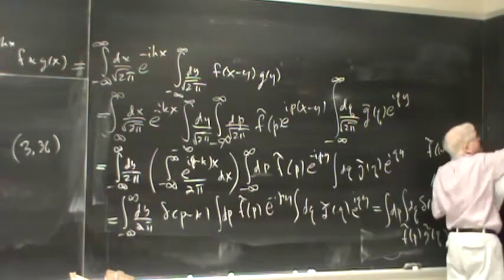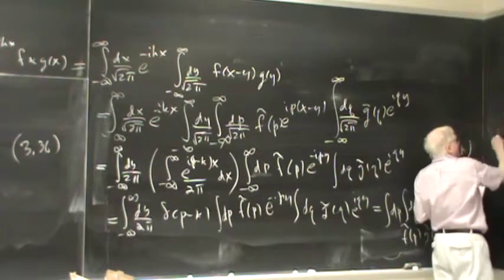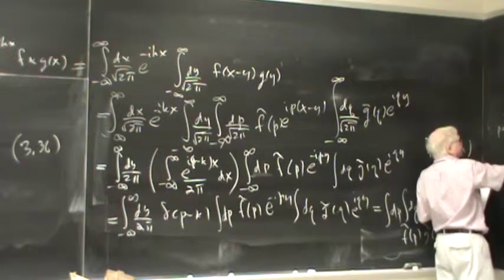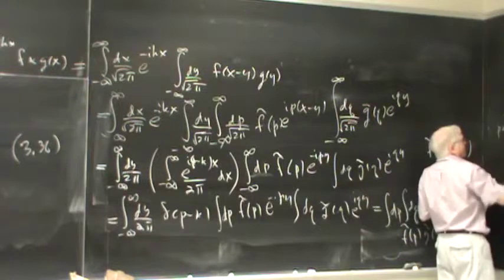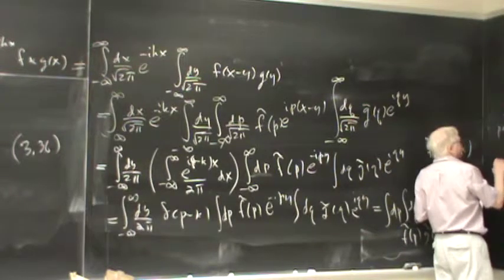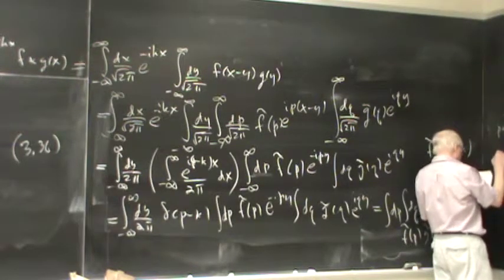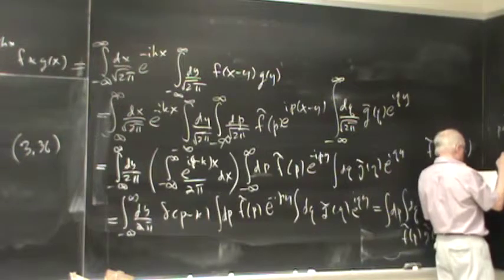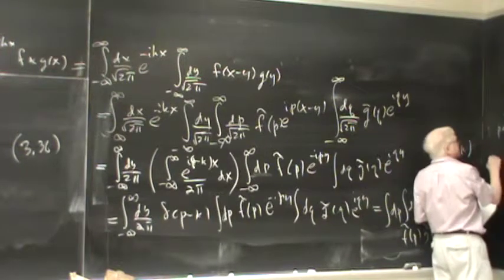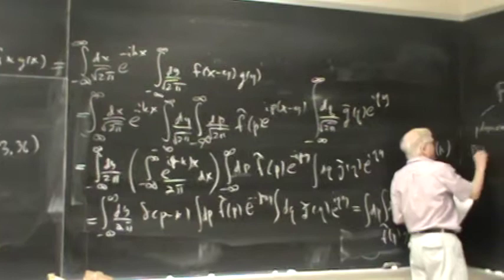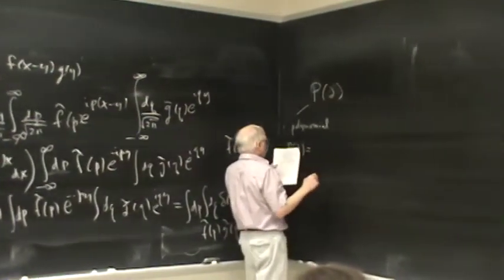So suppose P is a polynomial of derivatives. So let us just say P is